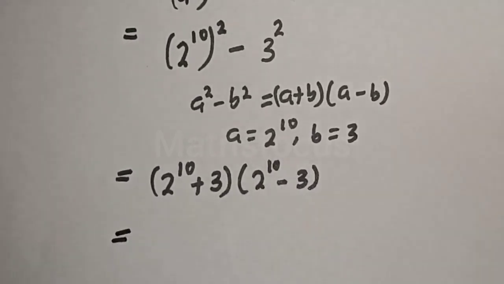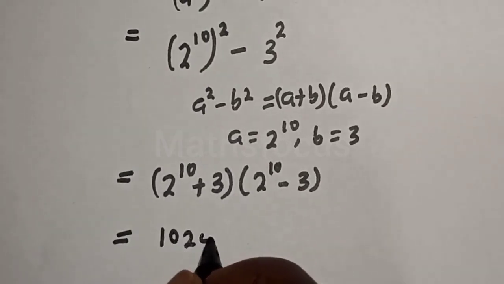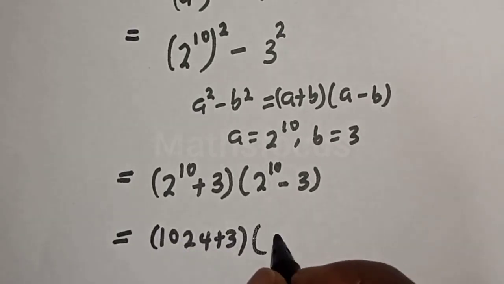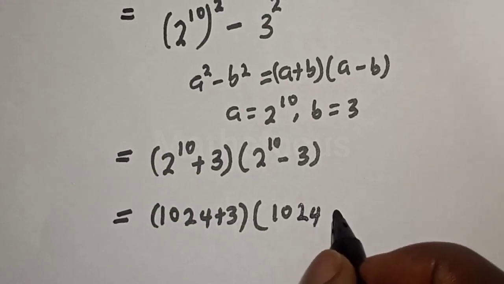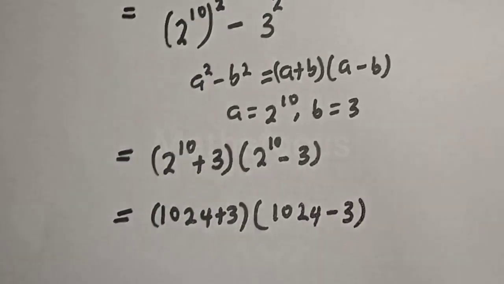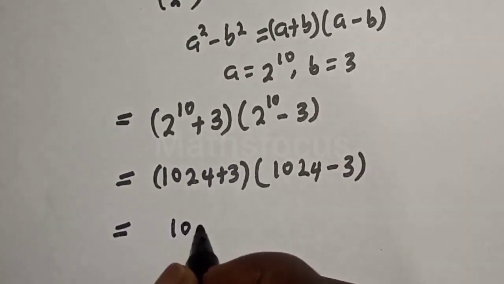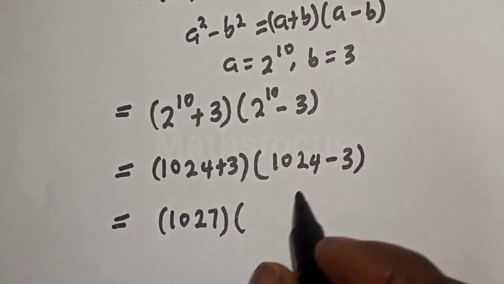This is equal to, 2 raised to power 10 is 1024, so (1024 plus 3) multiplied by (1024 minus 3). And this is 1024 plus 3, 1027, multiplied by 1024 minus 3,